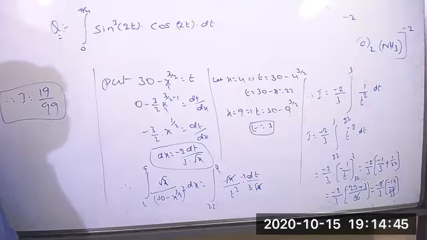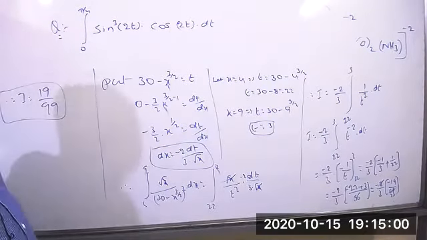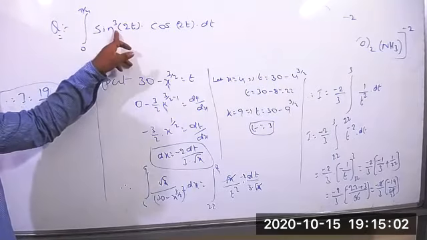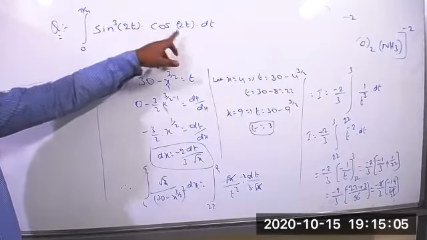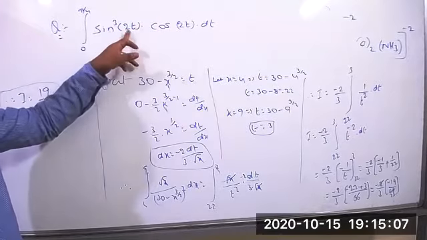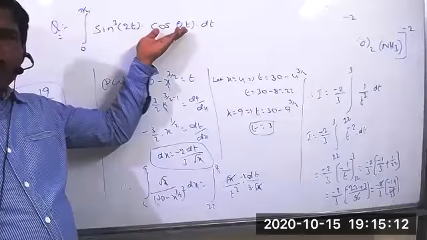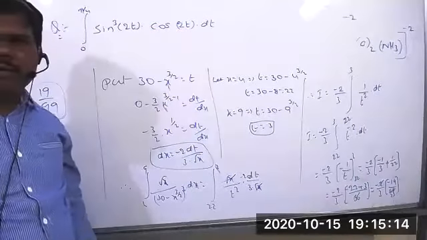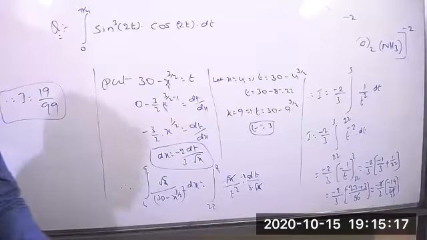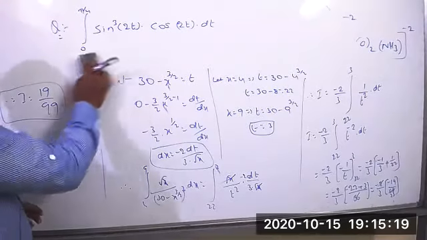Sir, can we solve this through by parts also? By parts also you can do. But by parts is unnecessarily lengthy. Because if we take the substitution also, we will get it. Suppose if you take sine 2t equal to some x, because the parameter equal to t is given, some x you can take. Sine 2t equal to x means the differentiation of sine 2t equal to cos 2t. We are getting it directly. Is it correct? Yes. But no need to take any by parts here.